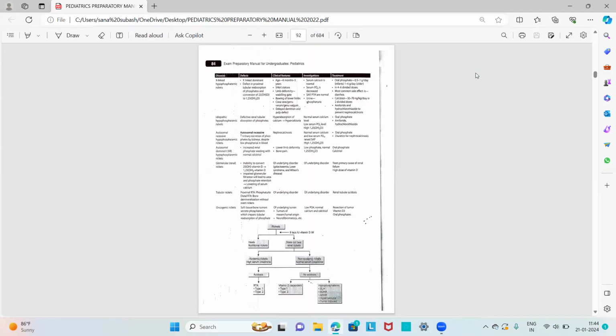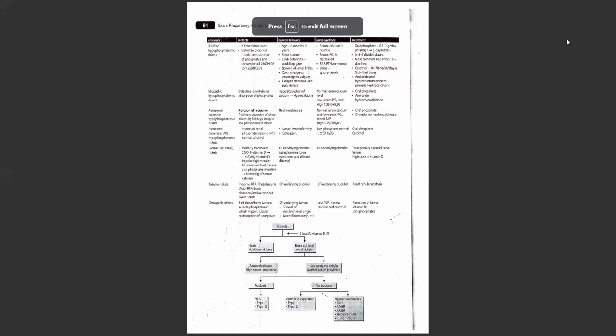So that's all about the vitamin D deficiency and the rickets disorders. And then I already told that osteomalacia is bone demineralization after the fusion of the bones or the epiphysis. Osteomalacia usually occurs in adulthood, and it should be differentiated from osteoporosis, in that in osteomalacia there will be only defective mineralization, but in the case of osteoporosis there will